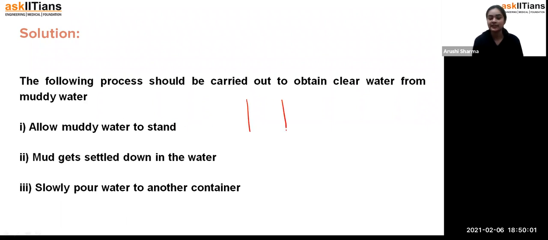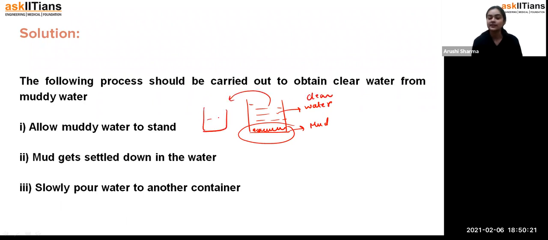Like in a beaker, at the bottom there is the mud, and over that there is the clean water. The mud gets settled down in the water. This is the mud, and this is the water, the clean water. Now you can slowly pour this clean water into another beaker, and this is the decantation,